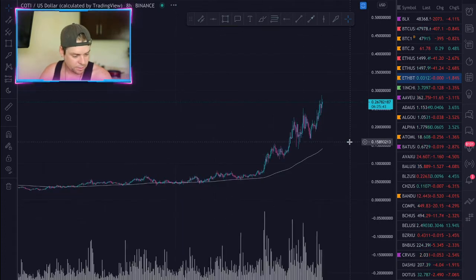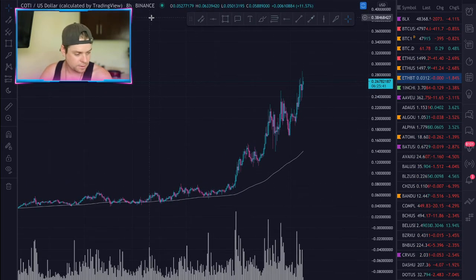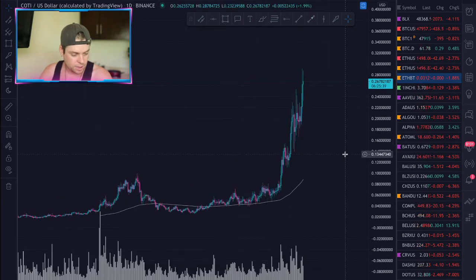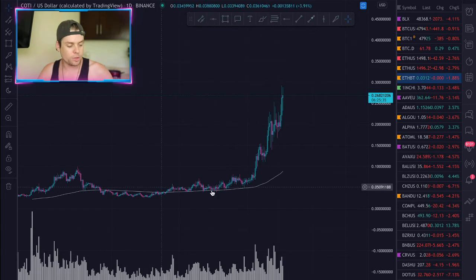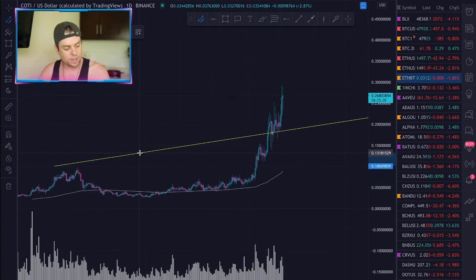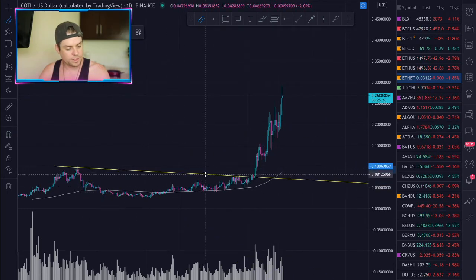Let's go to the 8 hour. Okay, so basically what you are looking for is not an entry. You should have entered down here. Watch for these ranges to develop. That's kind of easy for me to say, like coulda, shoulda, woulda, but that's the way it works.